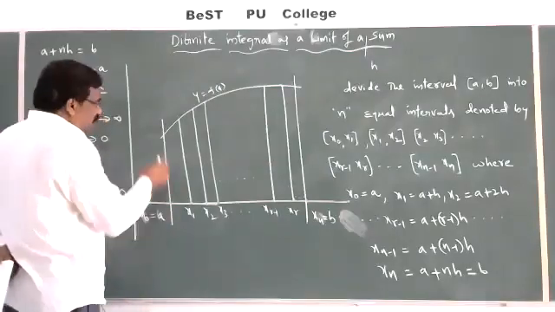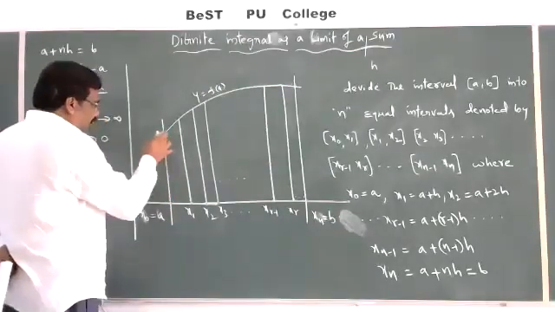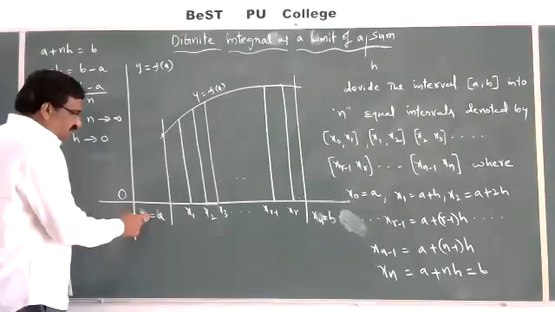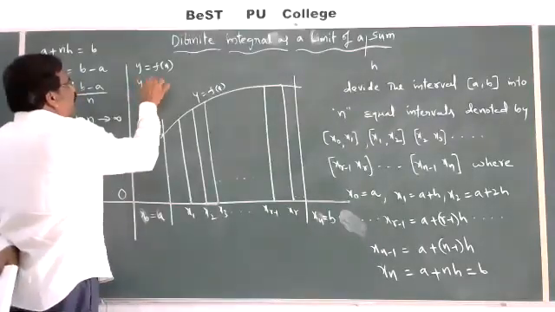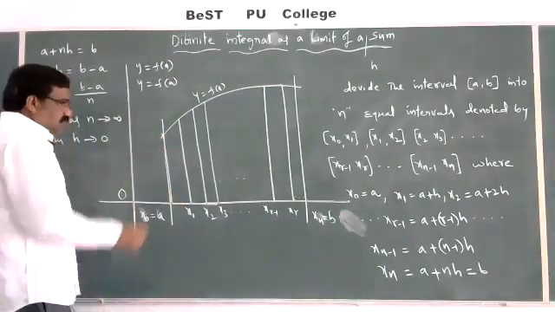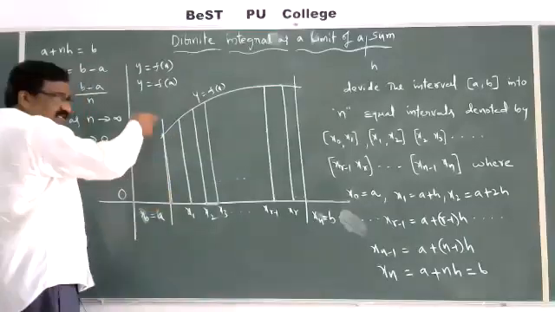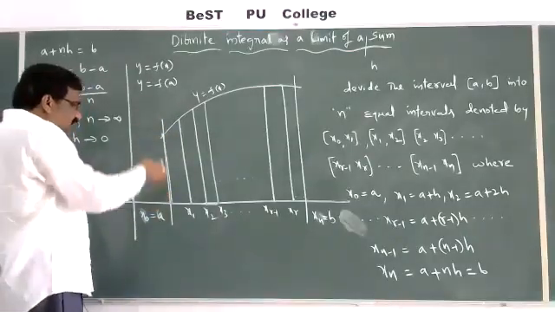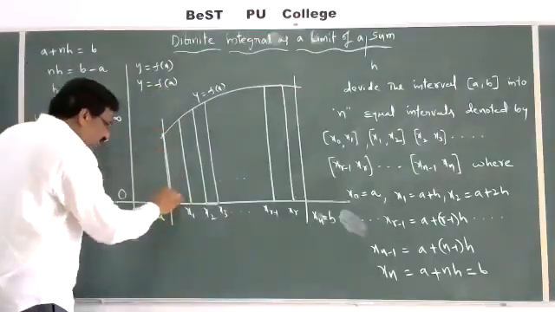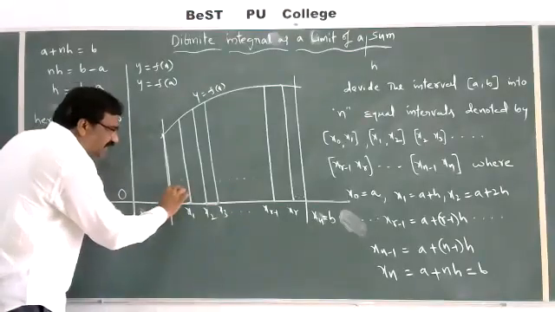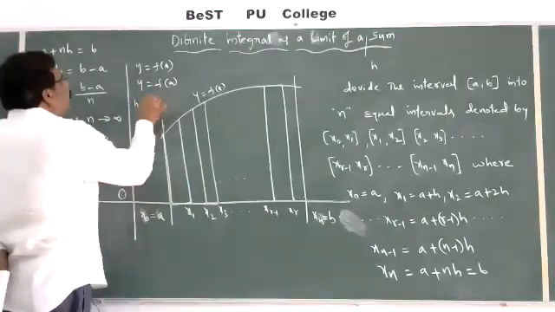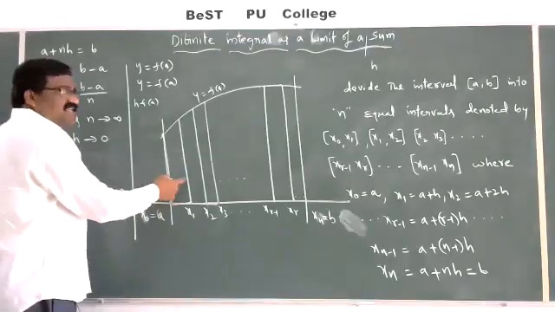For example, x is equal to a. What is this value? For example, for this point, the curve is given as y is equal to f of x. X is equal to a, then substitute: y is equal to f of a. So this length is f of a. This is y units parallel to the y axis. If x is equal to a, then you get y is equal to f of a. What is this breadth? We are taking h units. So the area of this is equal to h into f of a.